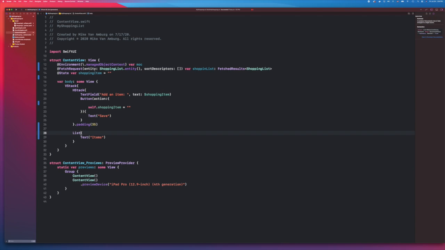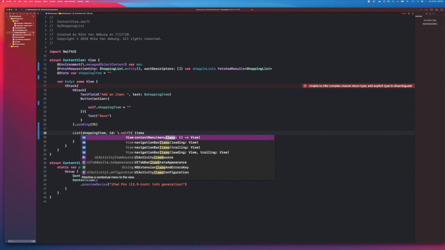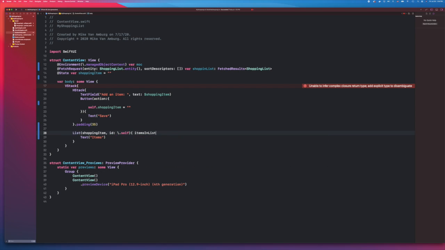So that means we come down to list and we call our fetched results. ID is going to be \.self. And then items in list in. And so now we could replace this